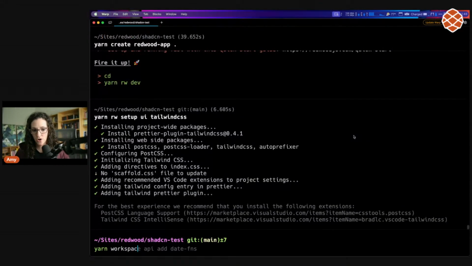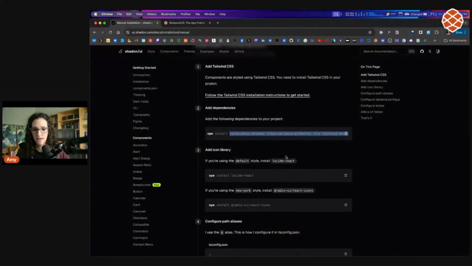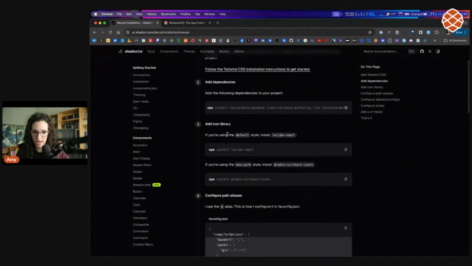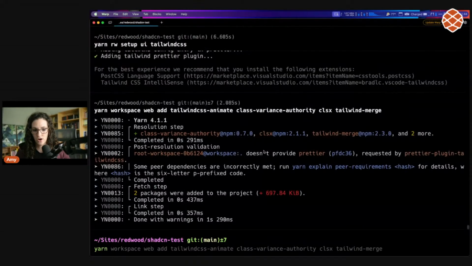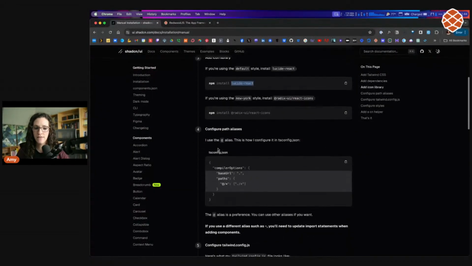I'm going to say yarn workspace web so that we're putting all this stuff in the web front end section of the site. And then I'm going to paste all that in. So it'll add all those dependencies. And if we come back over, it says, okay, now add the icon library. So I'm just going to use this first option here. And I'm going to say yarn workspace, again, web, add, and paste in that icon library. And then the next part is to configure our path